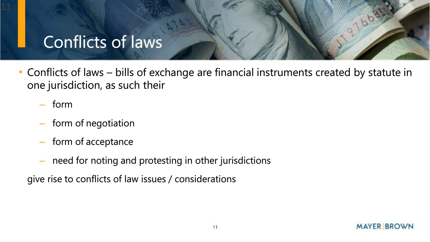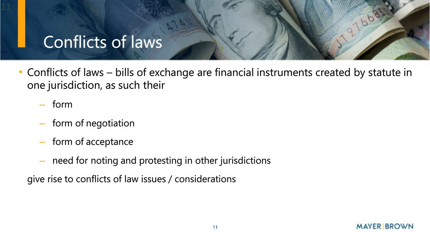Let's look at this first from an English conflict of law perspective. So what law governs a person's capacity to sign a bill of exchange or endorsement? Well, for individuals, i.e. not corporates, the position under English law isn't actually that clear. And it could be any of the laws of where that person is domiciled, the law of where the contract takes place, or the proper law of the bill. For corporates, though, which is what we tend to deal with more often, it's generally accepted to be the laws of where the corporate is incorporated.